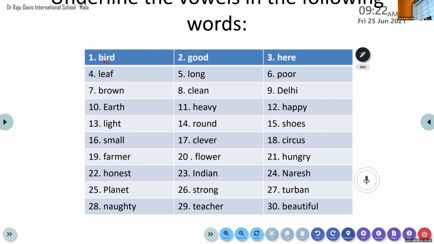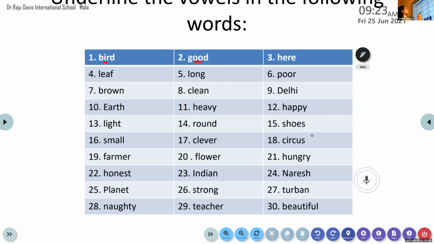Okay. Now let's move on to Nilha. Nilha, come on, read the next word and tell me which are the vowels in it. Which are the vowels? Yes. Now come on, tell me the vowels in it. Which are the vowels there? O. Oh, very good. So there are 2 O's. So please do underline it. This is a very easy exercise. All of you, please do it. Thank you, ma'am. Very good.